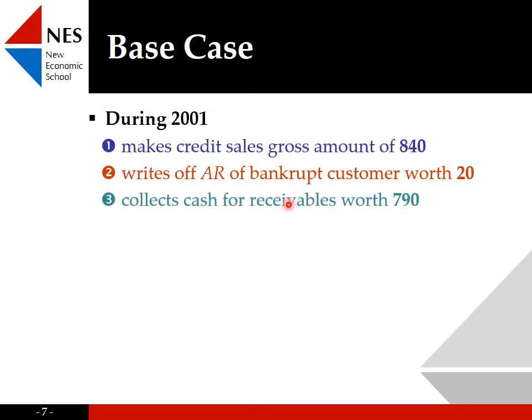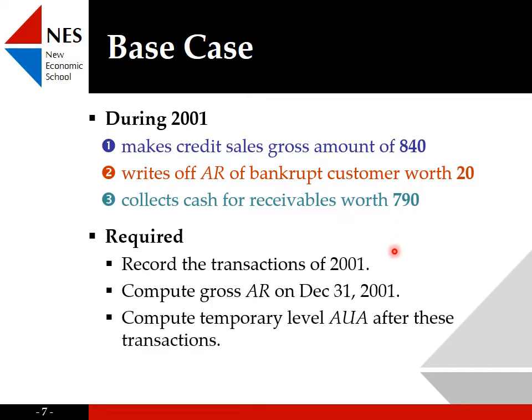Now in the second phase, the company makes 3 transactions during the year 2001. First, it makes some credit sales worth 840, then it writes off receivables worth 20, and finally it collects for cash receivables worth 790. Our task will be to first of all record the transactions of 2001 in the T accounts, then compute the